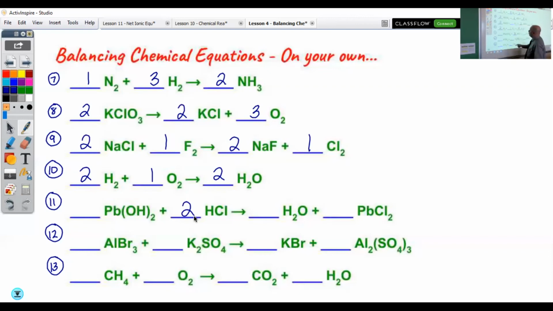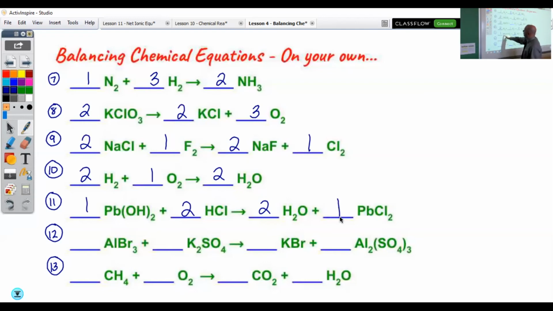So first, I'm going to look at my number of oxygens. I have 2 oxygen here. I have just 1 oxygen here, so I know I'm going to put a 2 there. And finally, I have 4 hydrogen. Here I have 2 hydrogen, and here I have 2 more hydrogen, so I have 4 total. So I can fill in these blank spaces with 1s, and now I'm going to go back and double check